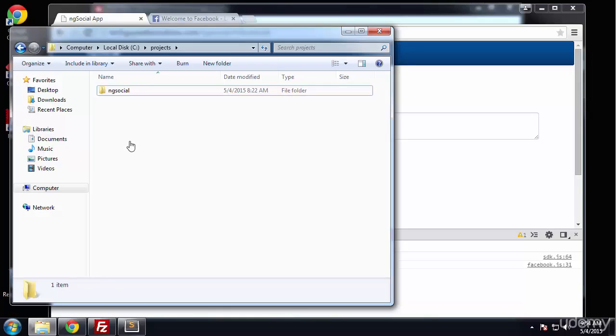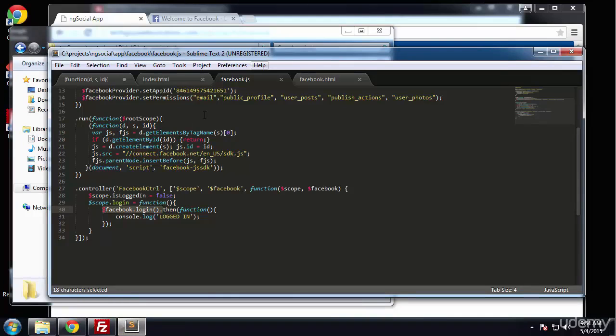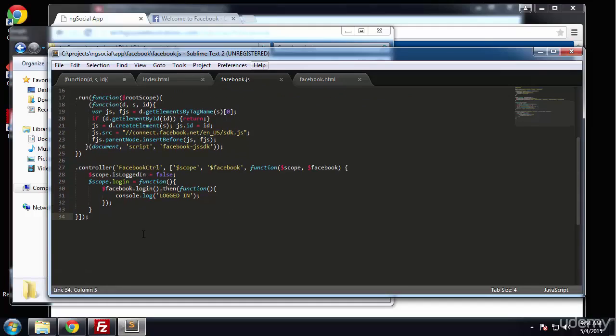Hey guys, in this video we're going to create the refresh function so we can get all the user data and a couple other things. So let's go to our Facebook JS file, and right under, let's separate this function, this login. Okay, that ends here, and we want to go underneath,